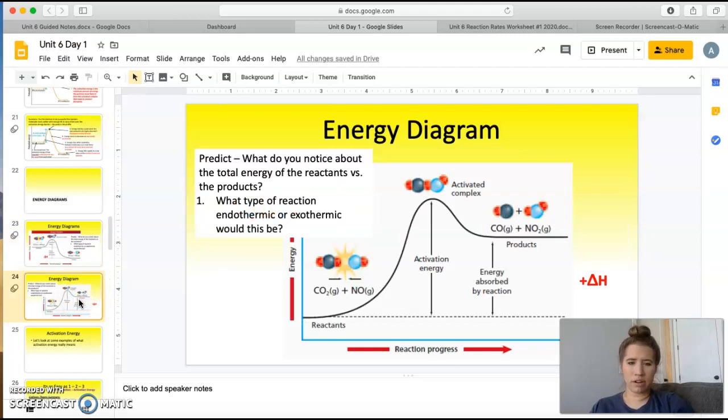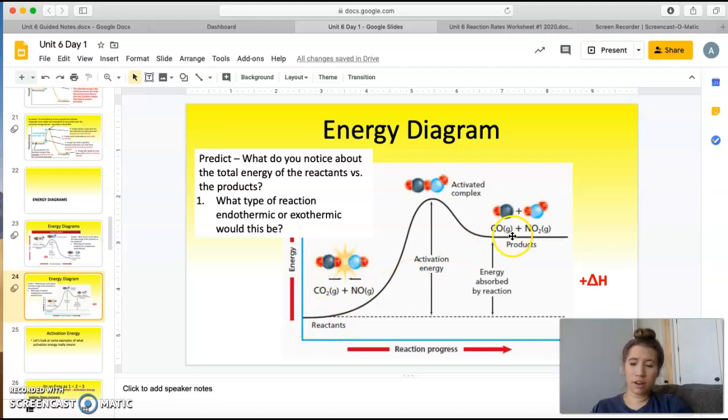Okay, what about this diagram? What do you notice about the total energy of reactants versus products? And would you call this exothermic or endothermic? Okay, go ahead and hit pause, write it down in your notes, and then let's see if you get it right or not. All right, so